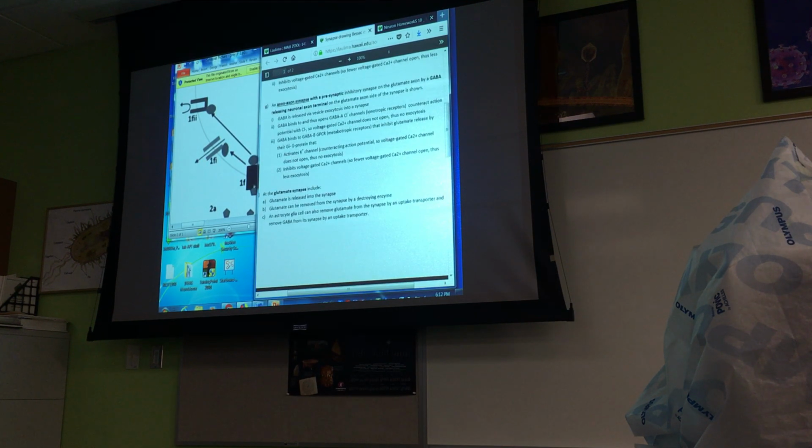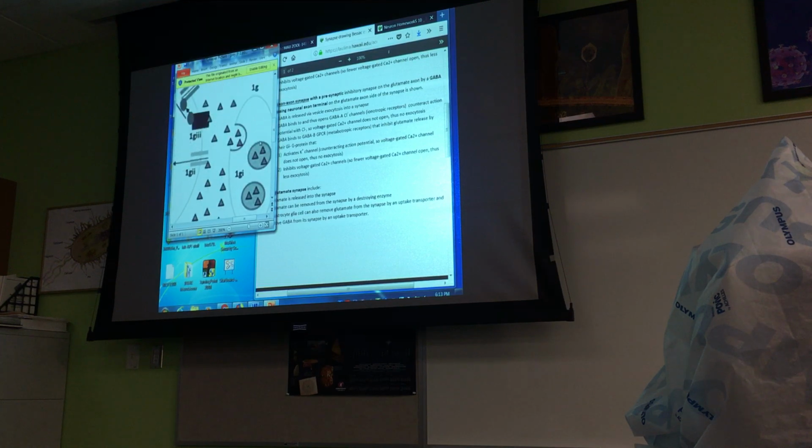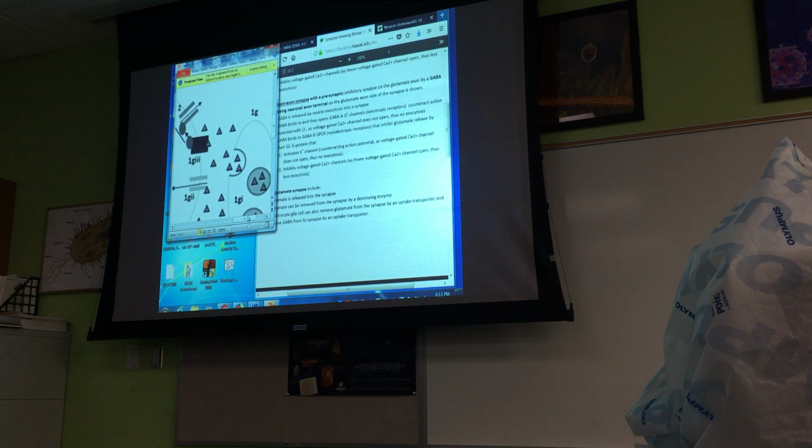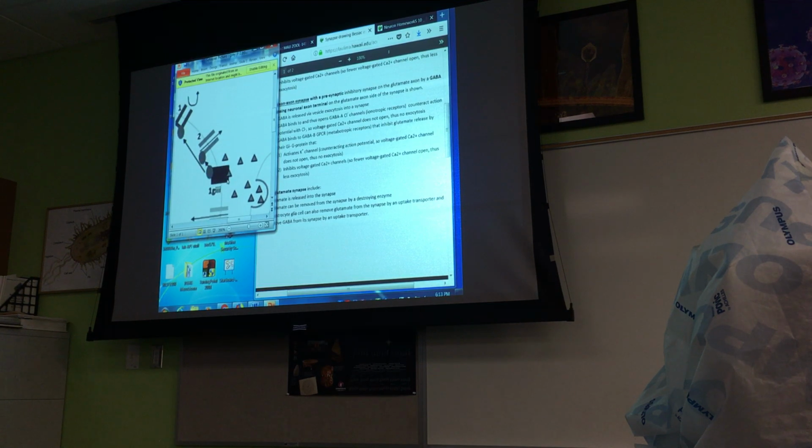Okay, and then when we go to the other side, we haven't gotten to deal with the glutamate quite yet. We're going to deal with this guy first. I didn't know which order to put them, but this is basically what we did. And so here we have